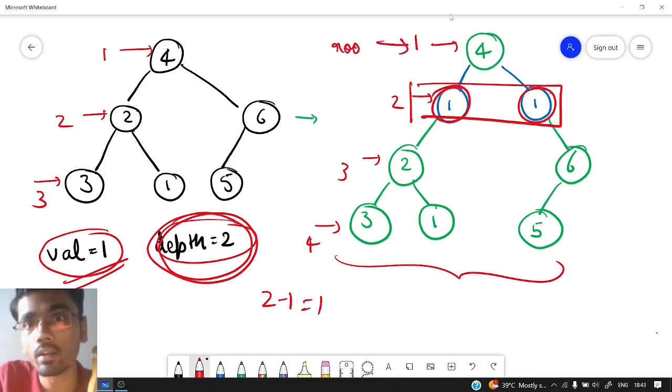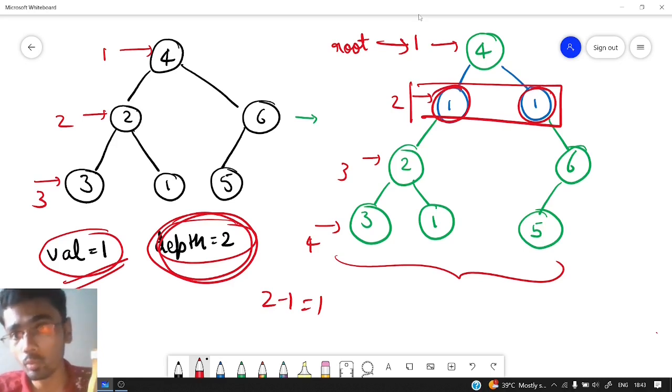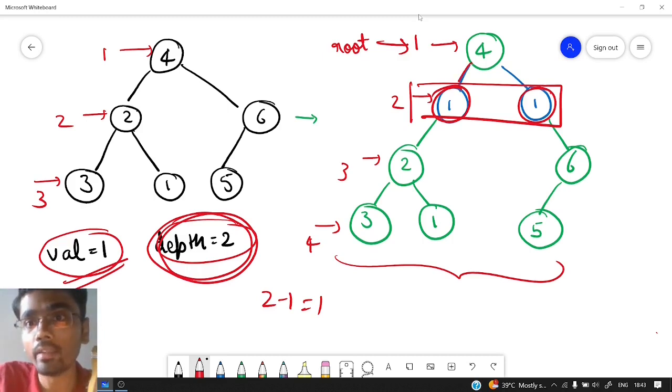Let's say we are moving with the help of root, so our root will be pointing to depth equal to depth minus 1. Now when we are present there, we need to add two children to it, one to its left and one to its right. So we will create two new nodes which will have the value equal to 1, and those two nodes will be added, one as the left child and one as the right child.